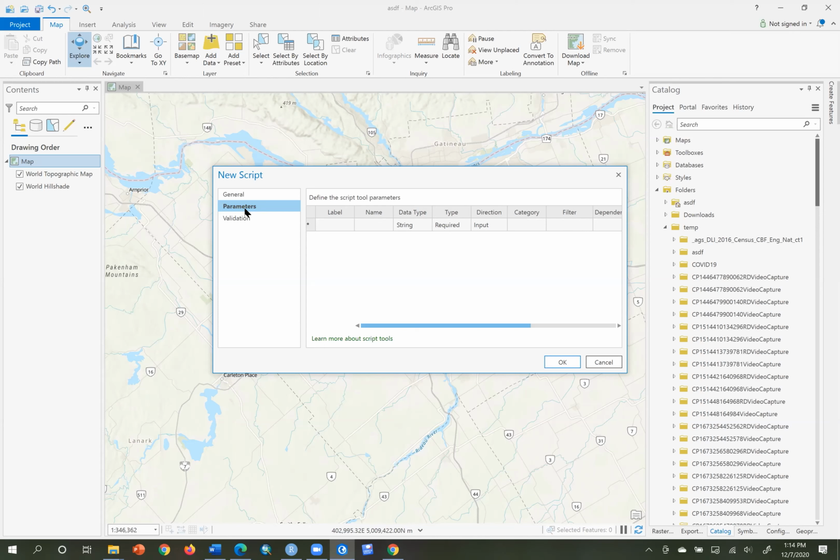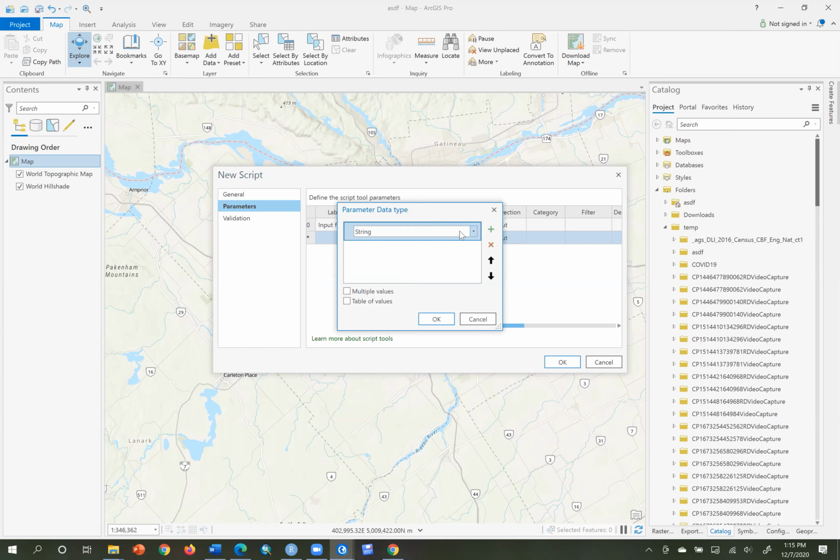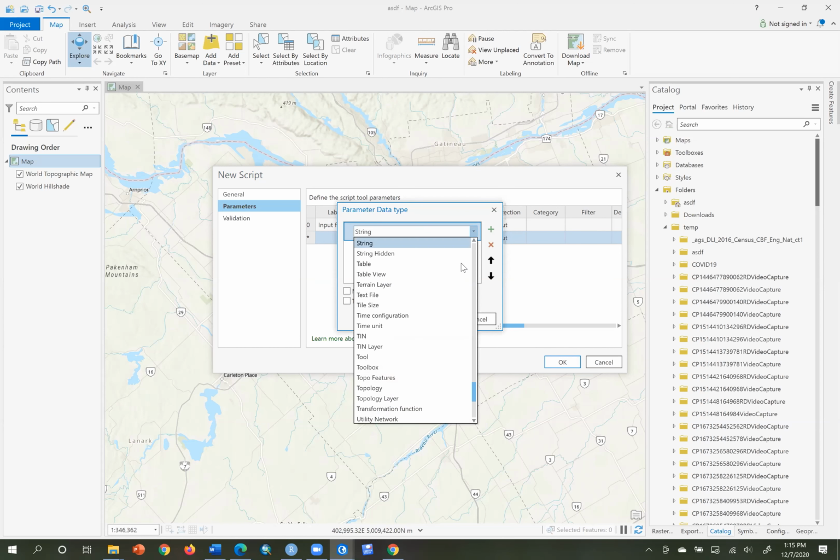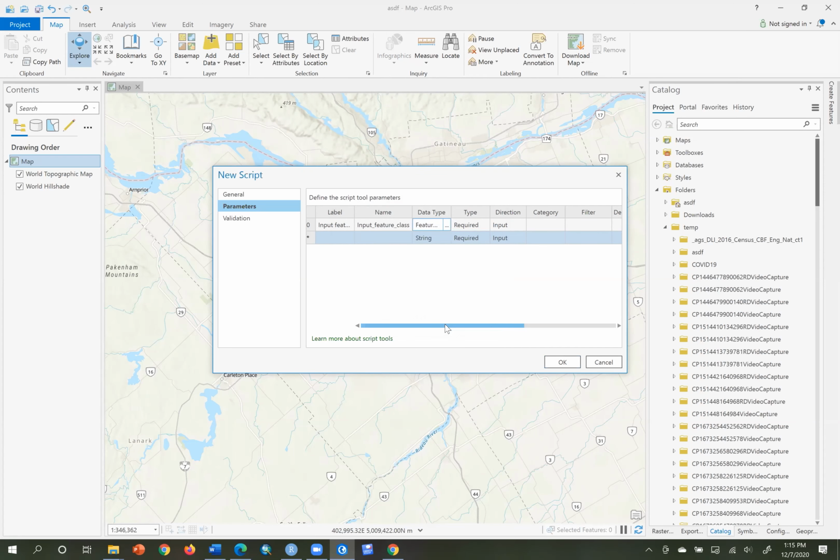So what types of parameters will I need? Well, I'll need to send in a feature class. So under label, input feature class. The type will be a feature layer. So I'll choose feature layer, click OK. It's required,